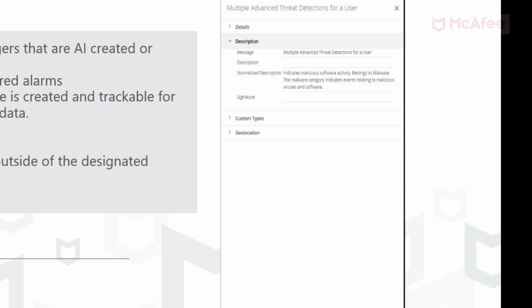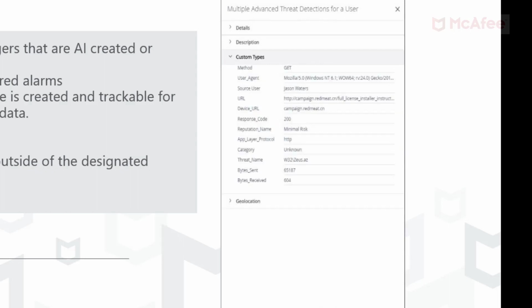So let's get a little bit of message on what it is. Under description, it shows that it indicates that there's malicious software activity. Well, that doesn't sound very good. As you can see, it's just a brief overview, so let's dive into a different view to show more detail. So under custom types, we can see the application is Mozilla. We know that the user,